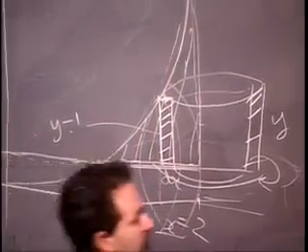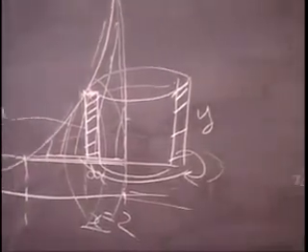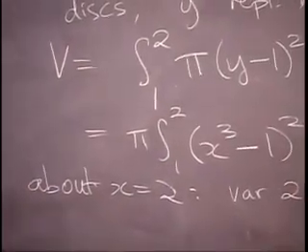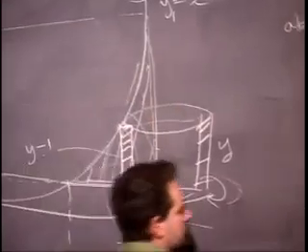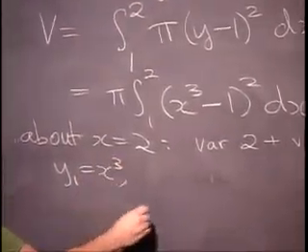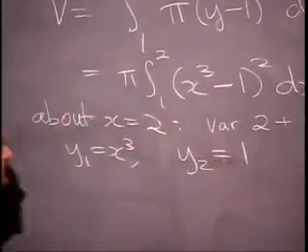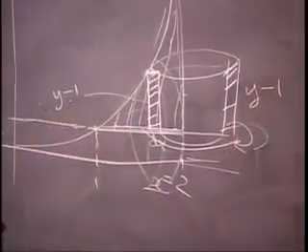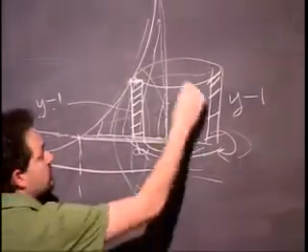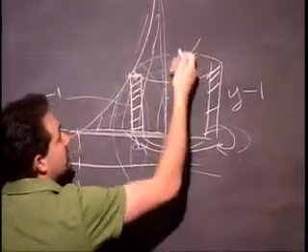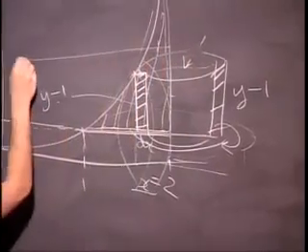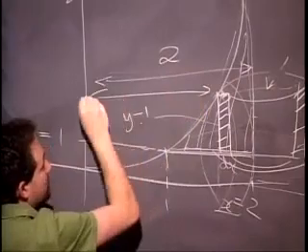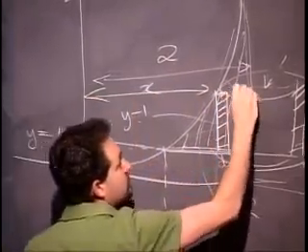So I'm going to have to use variation 2 plus variation 3, where the top curve is y1 equals x cubed, and the bottom curve y2 is just 1, the height of 1. Another way of seeing this is, as I say, this is y minus 1 as the height of the shell. And the radius of the shell, well, what is this? This distance here is 2, because x equals 2, whereas this distance is x. And so the radius of the shell